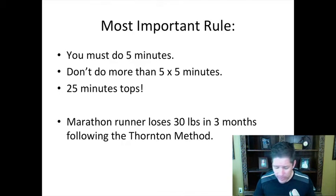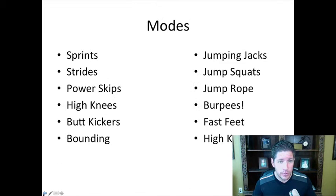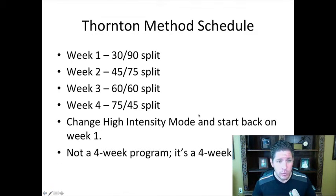So that's your assignment. Your assignment is to start kicking it into high gear with these intervals. And that's my last slide. So I'll put this back up here one more time so you can see what it looks like. But of course you can download the slides. But this is what it looks like